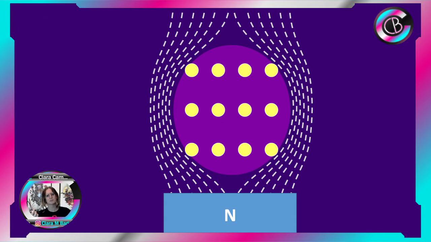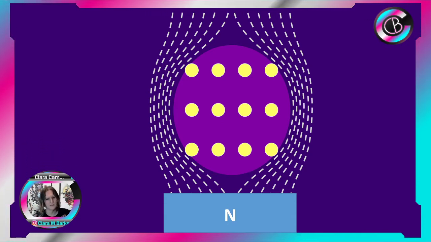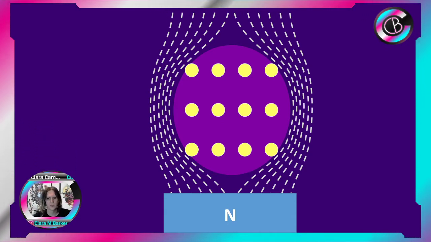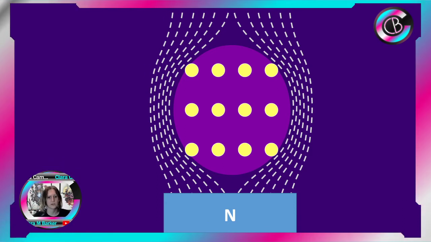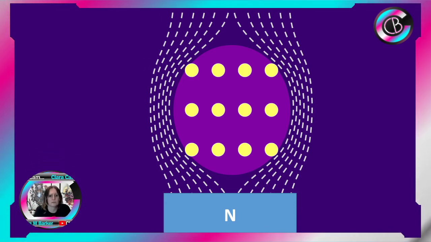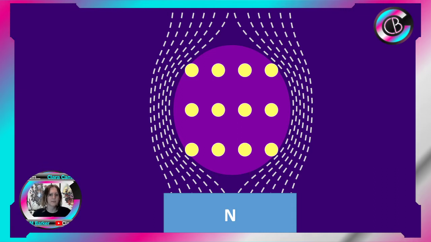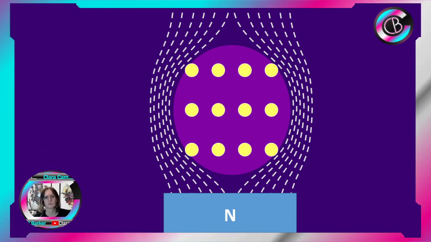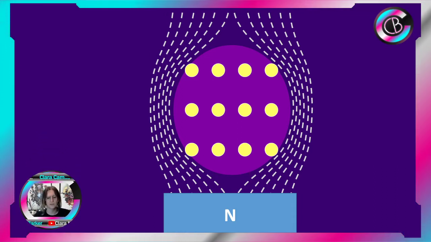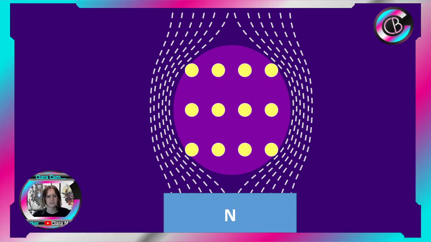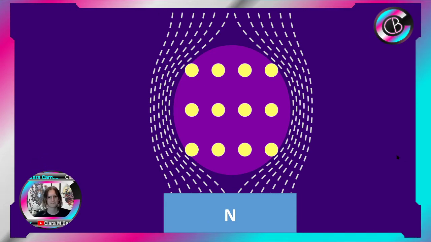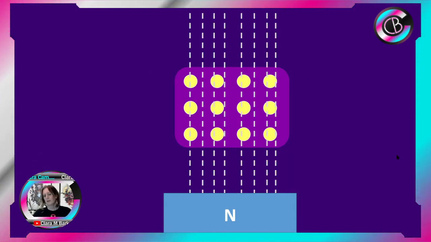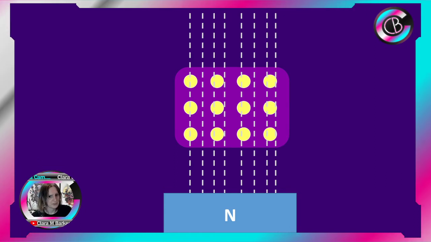So in the last talk about superconductors, I talked about superconductors and high temperature superconductors, depending on the temperature at which their superconducting properties turn on. But within that, you've also got type 1 and type 2 superconductors. So with type 1 superconductors, when they're cold, magnetic field lines are pushed out, they're expelled from the bulk, and they can't pass through it. Now, if we take a type 2 superconductor,